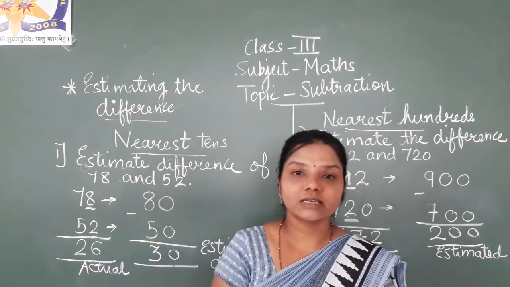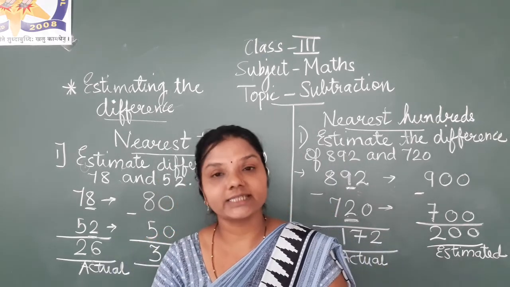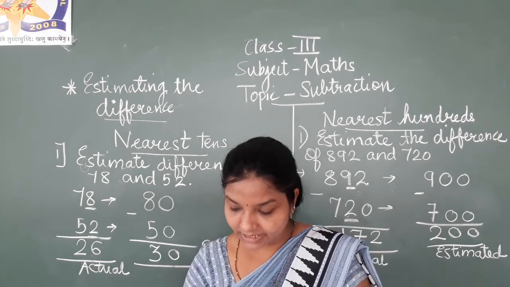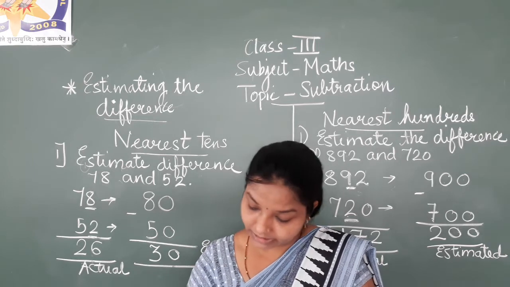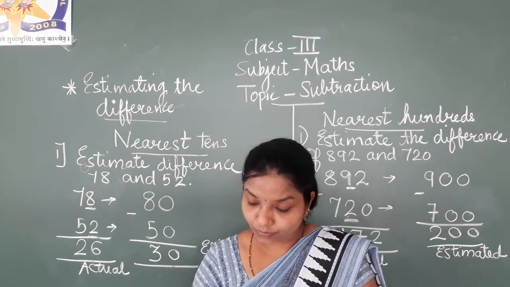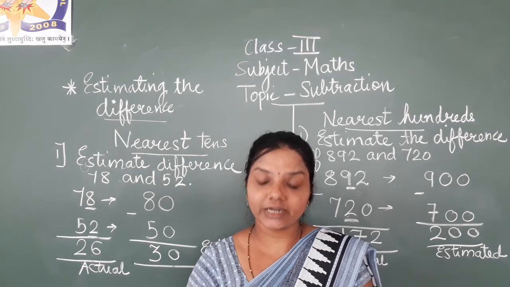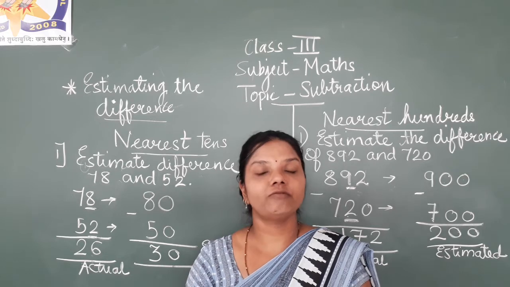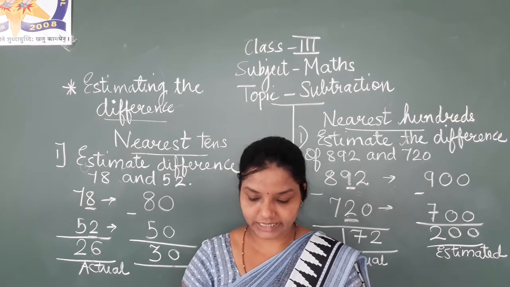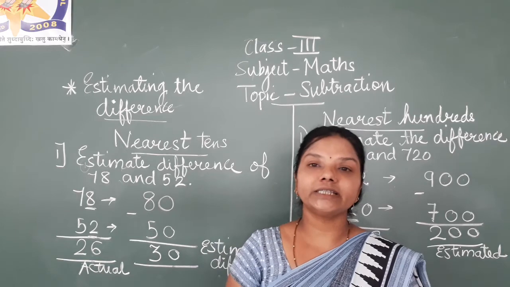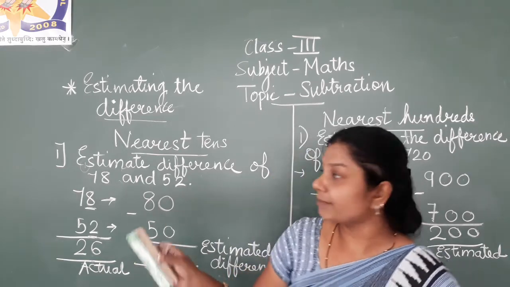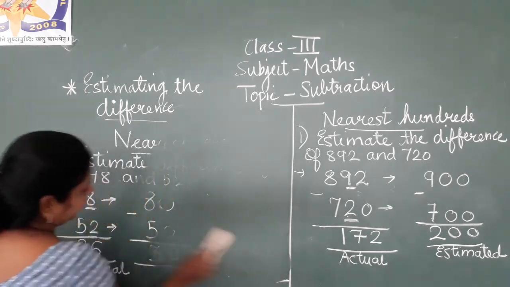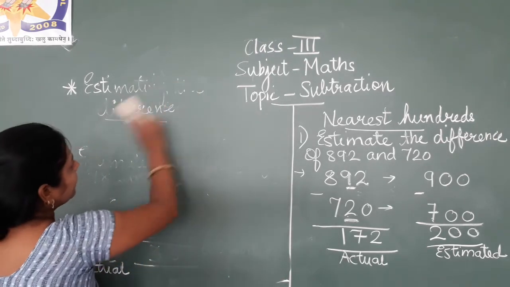I hope you have understood this. So let us move to the exercise number 3.9. See here, it is on page number 57. Now for both the questions of exercise 3.9, there is no place to solve in the textbook. So what we have to do? We have to solve it in the notebook. Yes. So you are going to solve it in the notebook. I will solve one example on the board. The rest you will solve in the notebook. And if you have any query, you can ask.